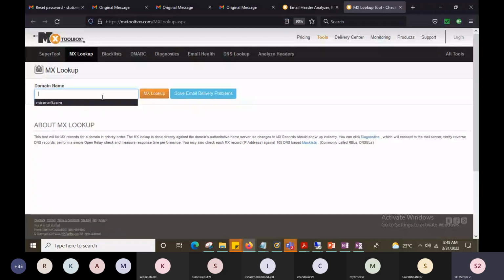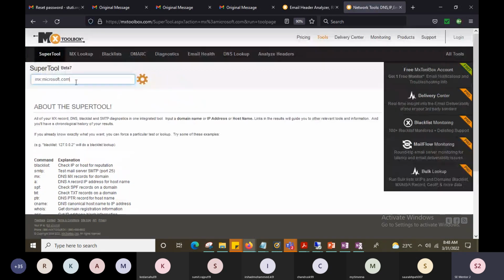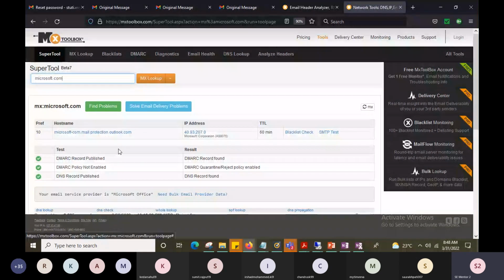Let me actually check Microsoft's now. I'll check Microsoft.com's MX lookup. The MX record will have all your email records. So that is what an MX record is. That's why it is MX Toolbox, right? If you see here,